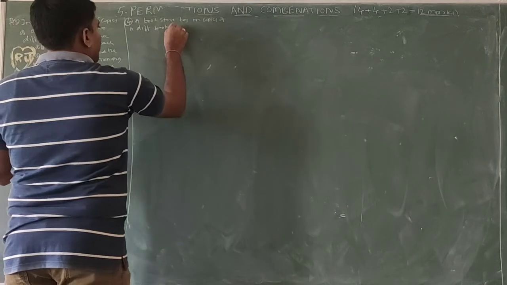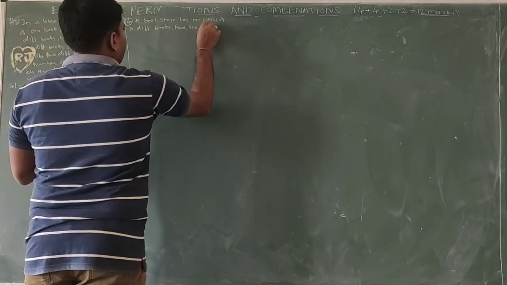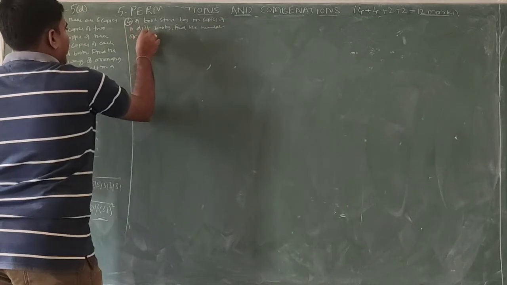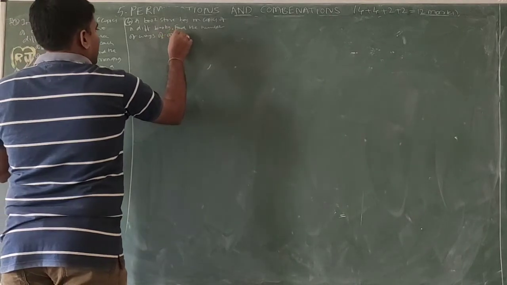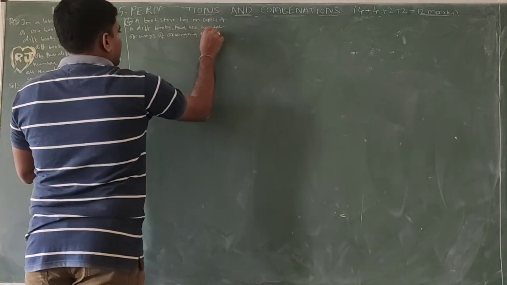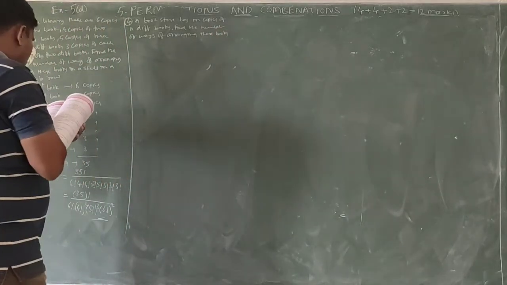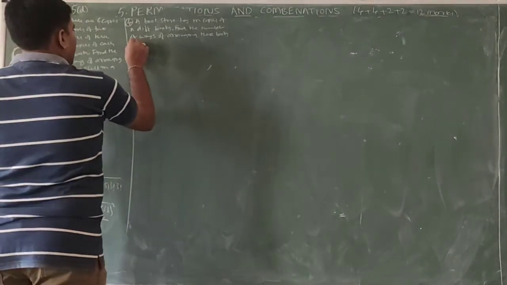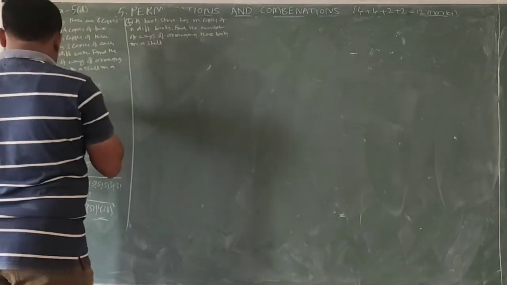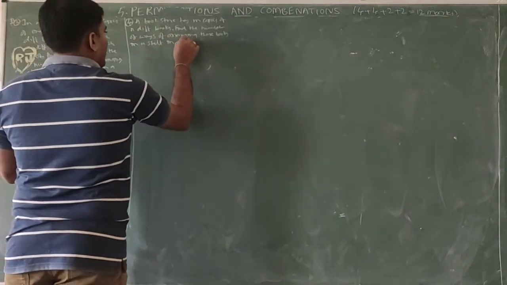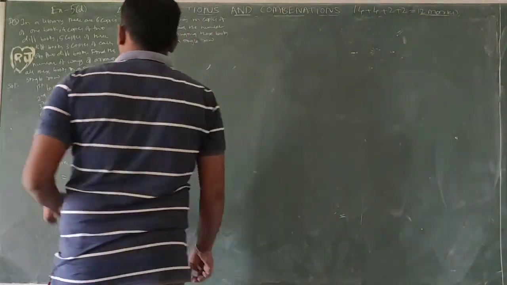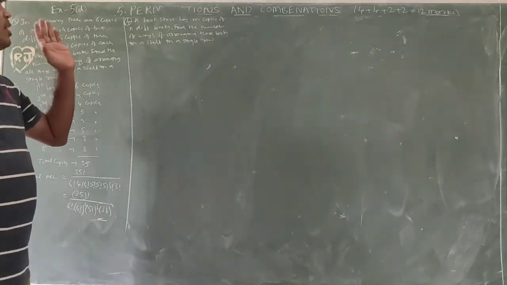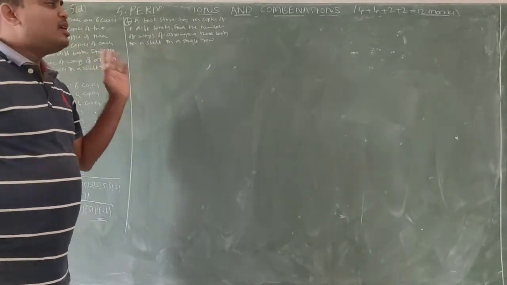Find the number of ways of arranging these books in a shelf, in a single row. Okay, so same kind of question here. Number of books n, number of copies of each m. So solution: